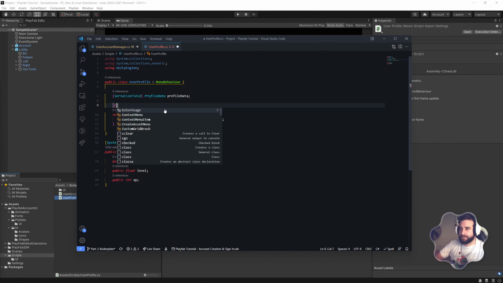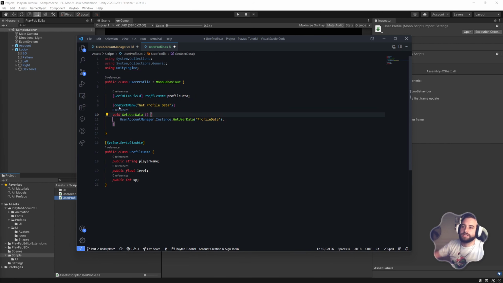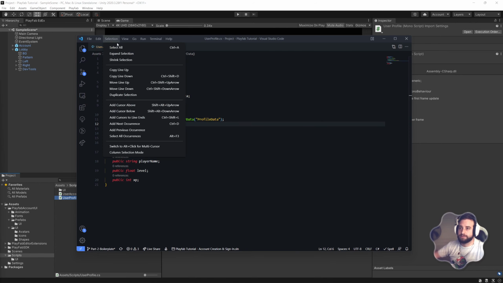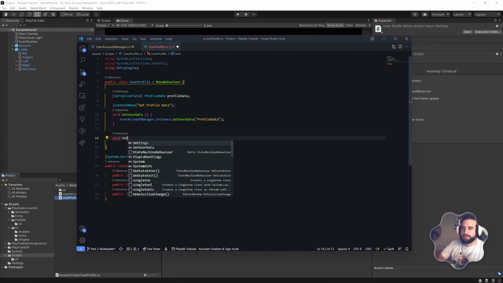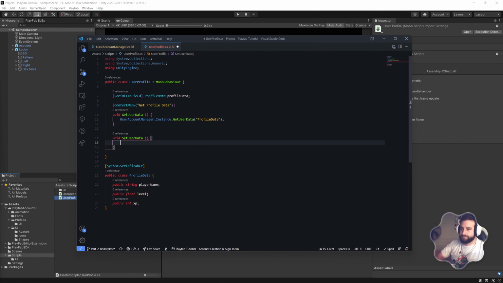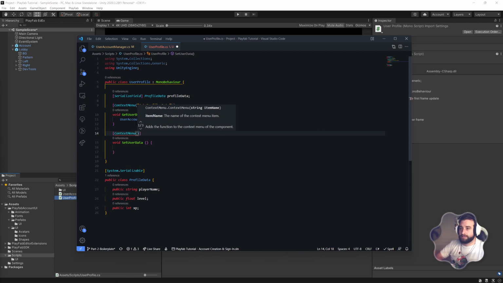And just to make things easy over here, we're going to use a context menu and just say get profile data, so that we can test it directly before integrating it with all the other systems. Just doing this kind of granular testing along the way just prevents having any issues after you've written a ton of code. So we've got the get user data. Let's do the same thing for the set user data. We're also going to just do a context menu, and this is going to be